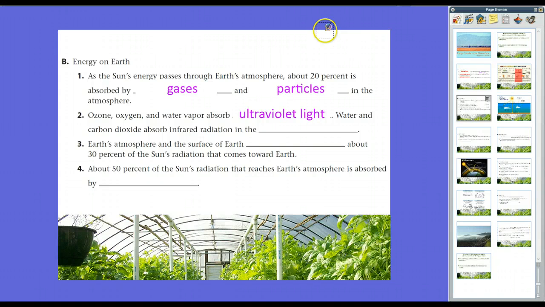However, water and carbon dioxide absorb infrared radiation in the troposphere. If you remember from the last lesson, the troposphere is the lowest level of the atmosphere. Of course, above that is the stratosphere, then the mesosphere, then the thermosphere, and then the exosphere. But the troposphere is down at the bottom. Now, Earth's atmosphere and the surface of the sun will actually reflect about 30% of the sun's radiation that comes